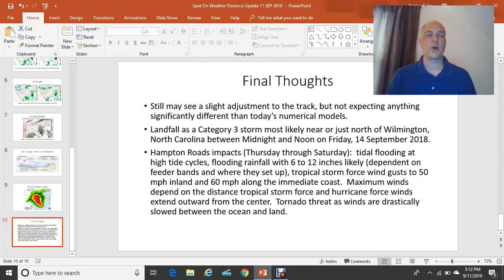So some very flood-prone areas are typical in the area. Could really easily be inundated during those tidal cycles, those high tide cycles. We're expecting flooding rainfall with 6 to 12 inches likely. And again, this is dependent on the feeder bands and where those rain bands set up